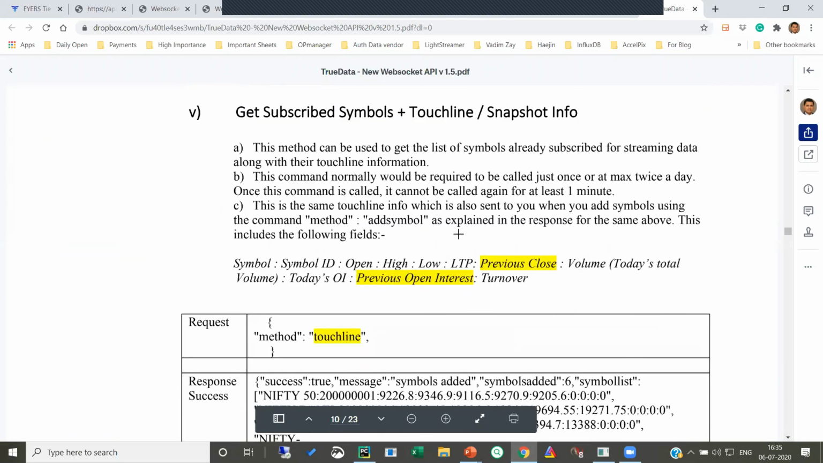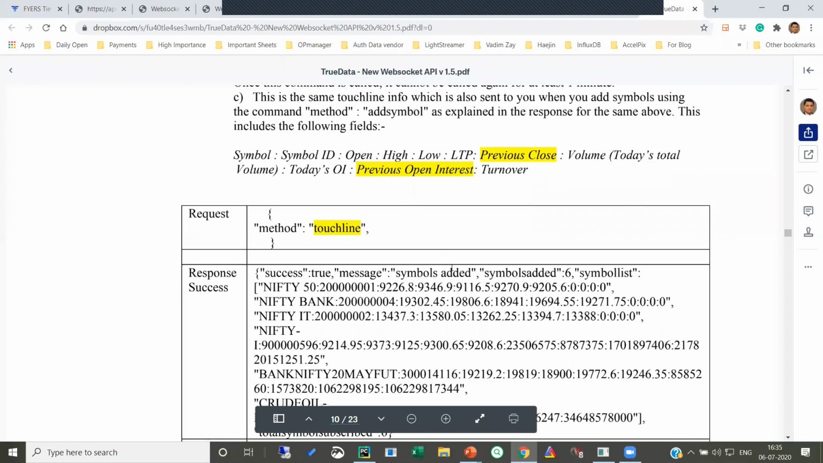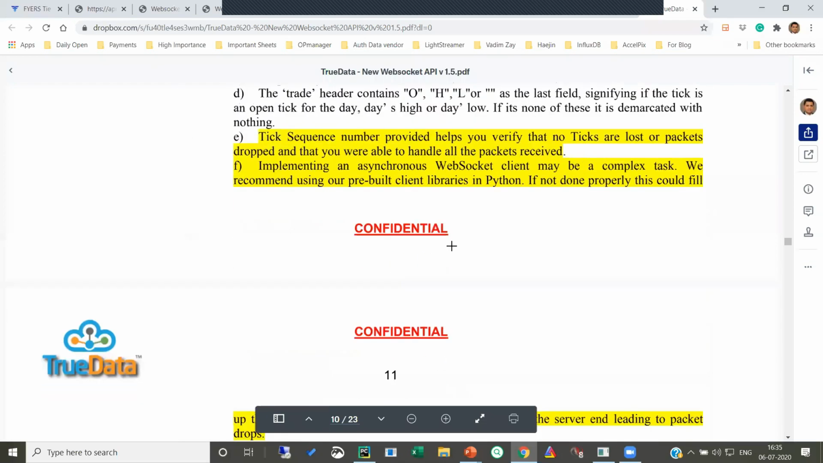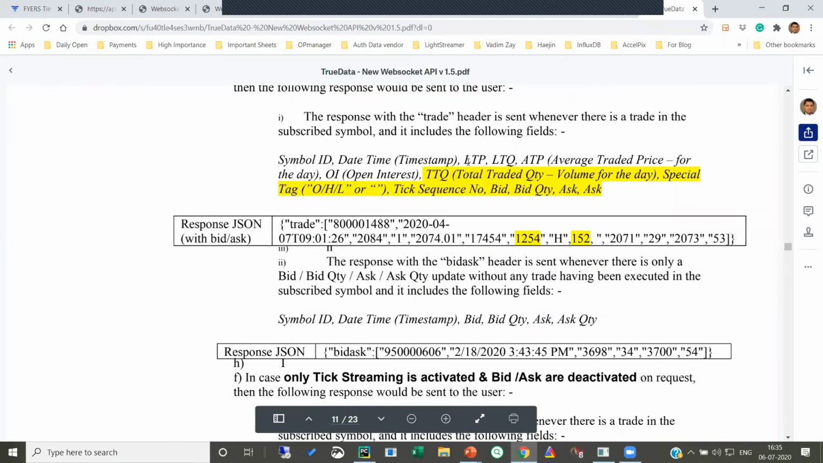Once you have subscribed, you can also call for the touchline data for now. And this touchline data will have open, high, low, LTP, previous close, volume, today's open interest, previous open interest, and turnover. These are the fields which are there in the touchline. And in the normal tick response, we have the symbol ID, the date time, the LTP, the LTQ, ATP, open interest, TTQ,